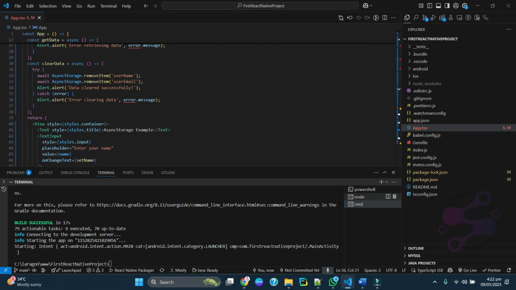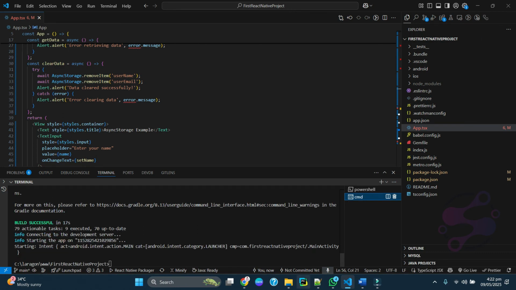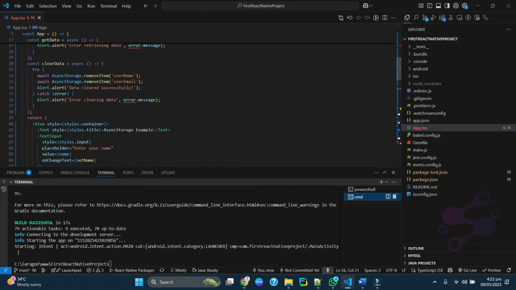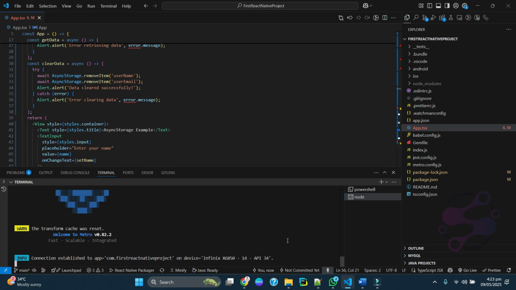Fine. So let me check whether it's working or not. Yes, working. I'm going to use this particular one to remove the cache. So once again, this one, cache, it's working.